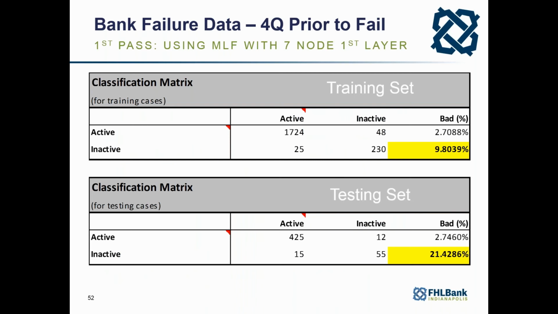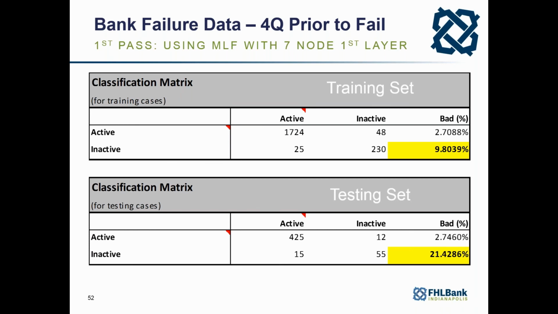So then the question is, how accurate was this model 4 quarters prior to failure? So I got about, for the training case, you can see, I got 90+% accuracy. However, if you look at the testing case, I got less than 80% accuracy, which is good but not great. So it's overfitting my data set 4 quarters prior to failure. Now, having been a practitioner, is the problem the model or is the problem the data? And the answer is the data, because some banks show signs of failure 4 quarters prior, but many of them